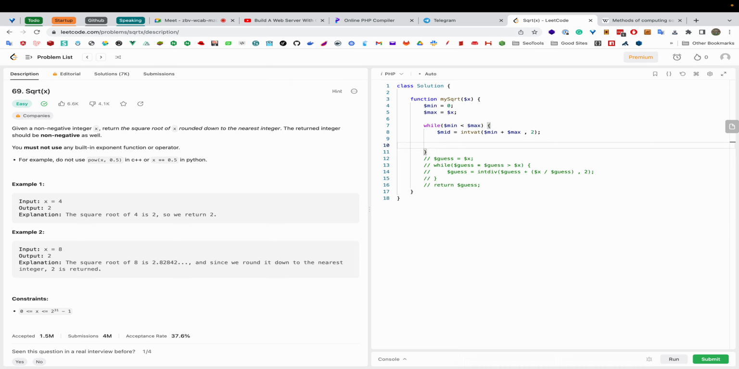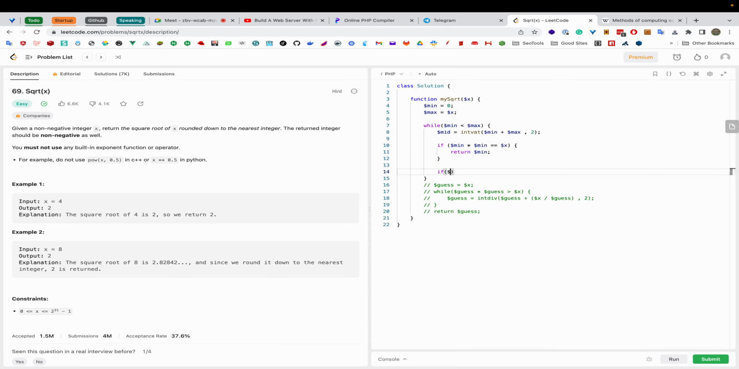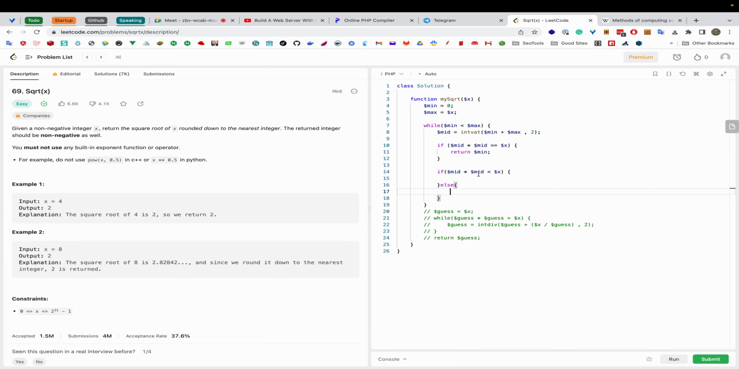So if mid multiplied by mid is equal to x, then return mid. If mid multiplied by mid is less than x, else, okay, if it's less than x, we say that min